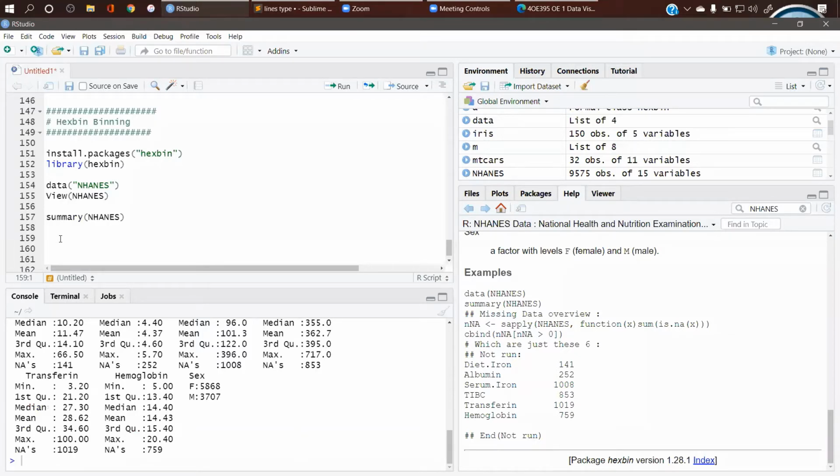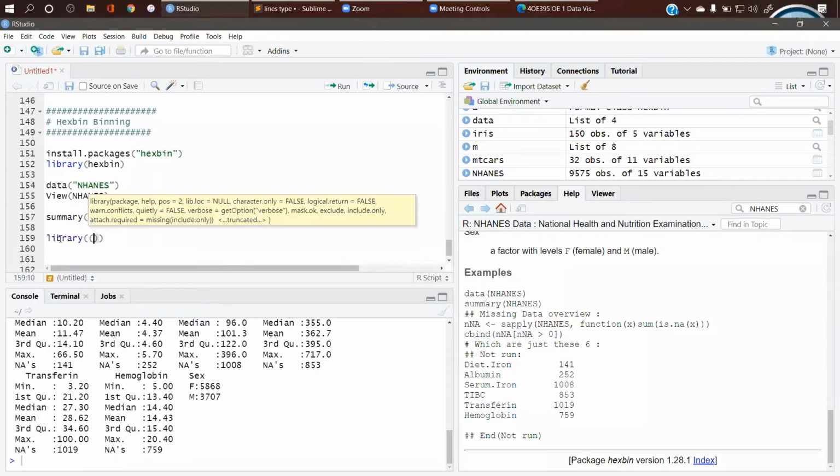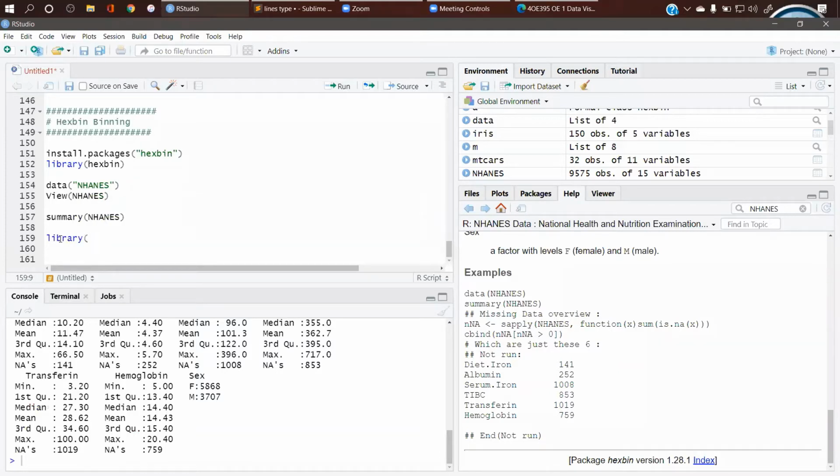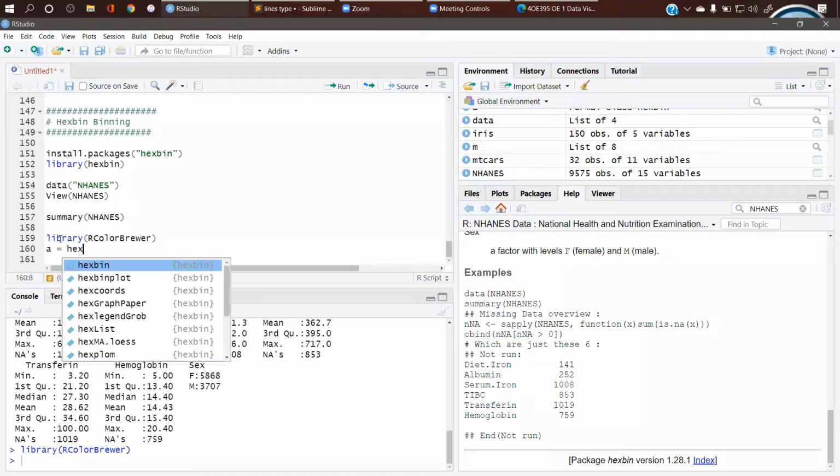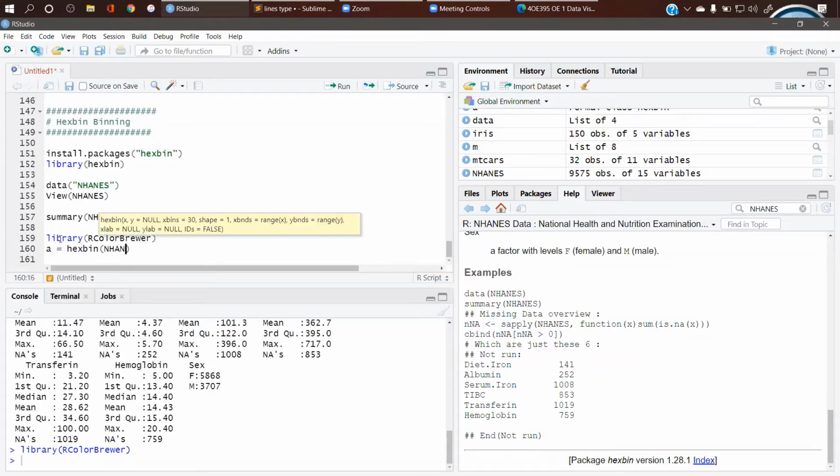Now we'll be needing one more package. If not loaded, I'll load it again, as RColorBrewer. Yeah, it's loaded again. Now we'll take those columns and try to draw a hexbin using some number of bins. As in a histogram, I can define here how many bins I need. So I'll store that in a variable A. What column do you want?